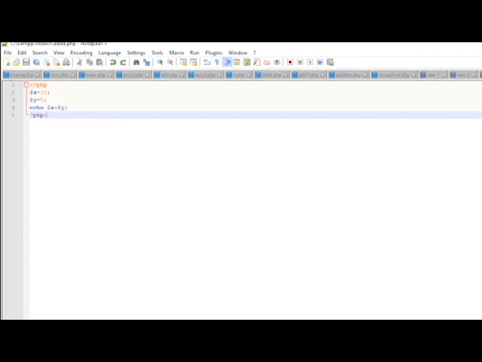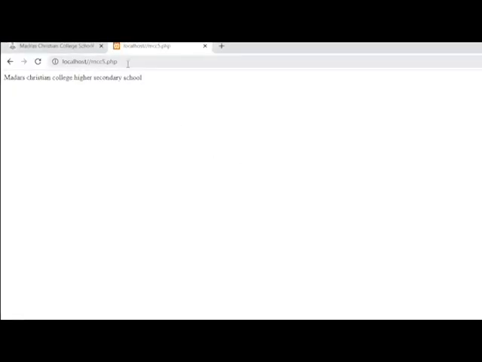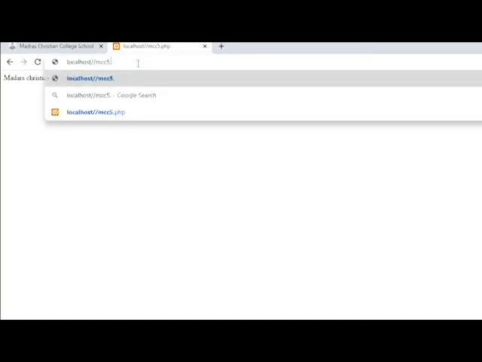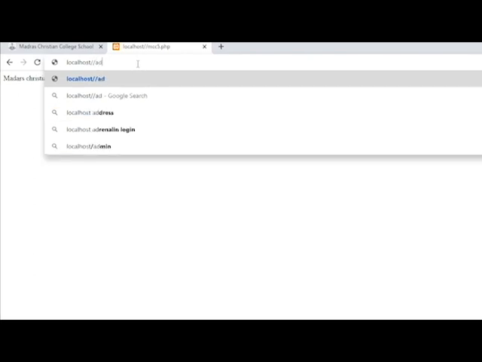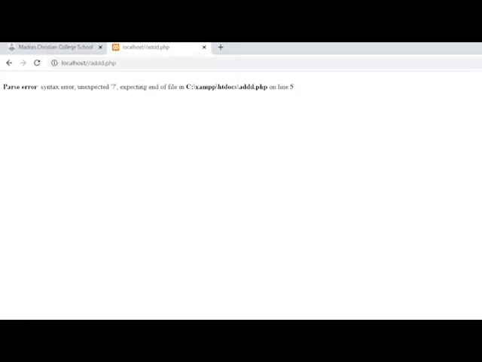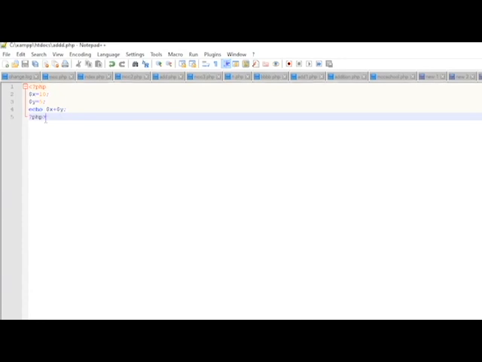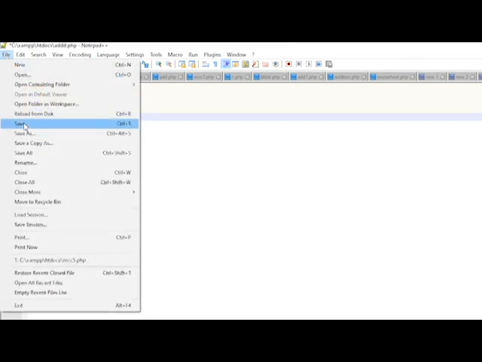Now open Google Chrome, localhost, slash, then type the file name. File name is add.php. So the answer is 15. Now you will see 15.